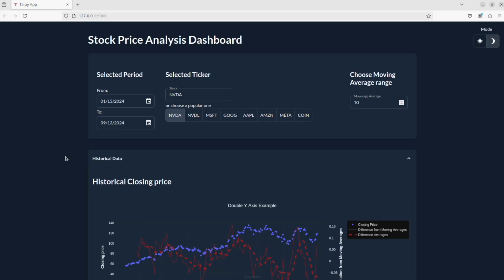Good evening, everyone. So today I would like to show you a stock price analysis dashboard I built with the help of the Python framework Taipy. So you can see on the screen now that